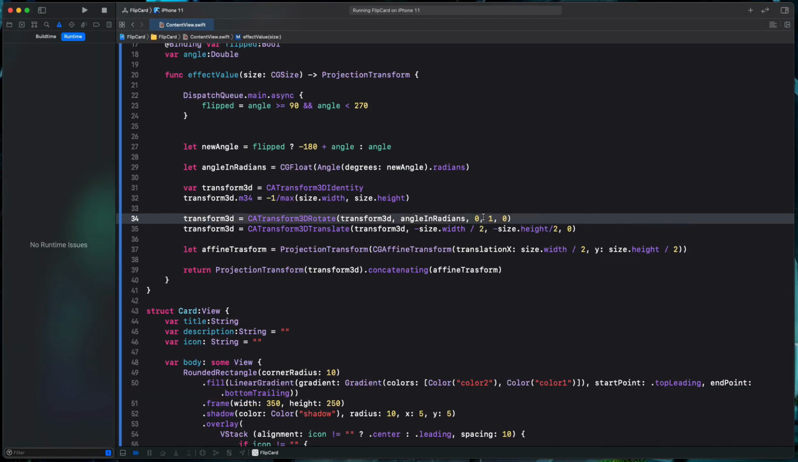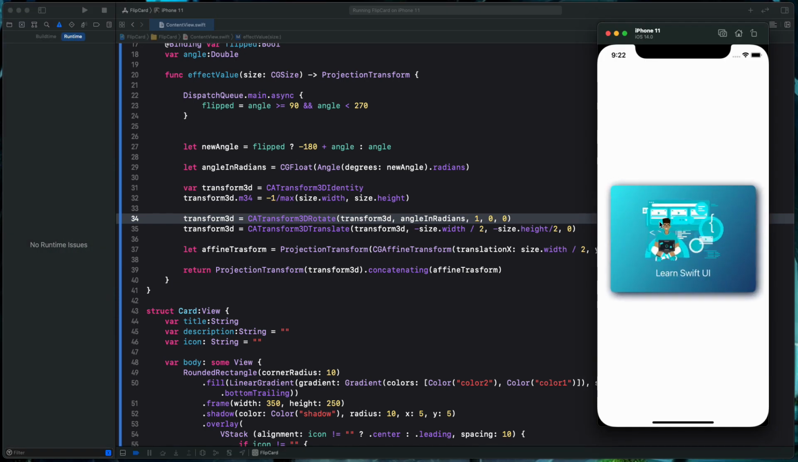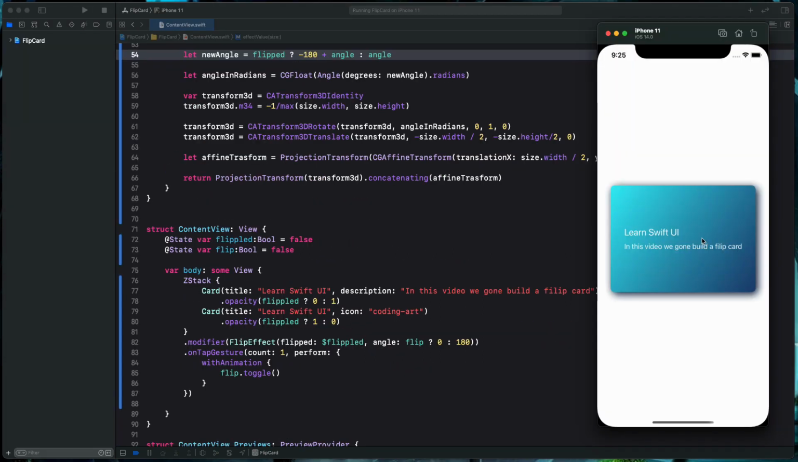We can also apply the flipping to the x-axis, and it will look like this. And this is it. This is how you create a flip effect. There was a little bit of math, a little bit of core animation. I will post in the description some links to read more about core animation and transforms